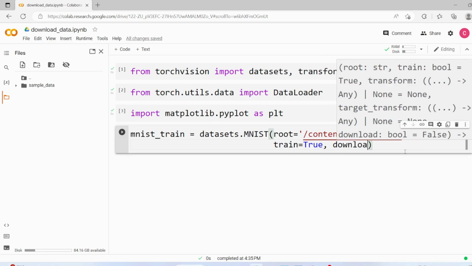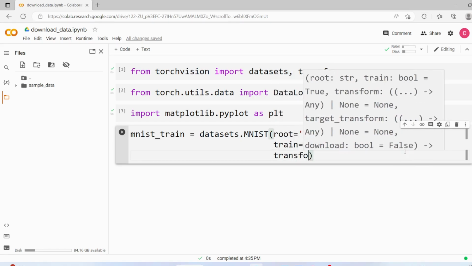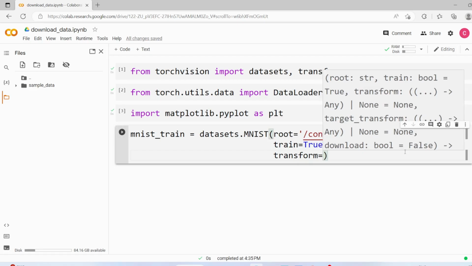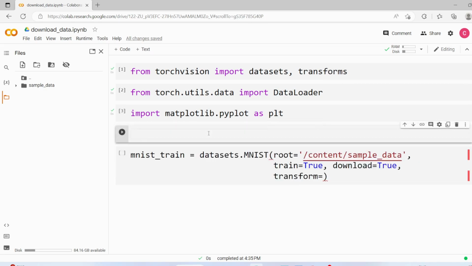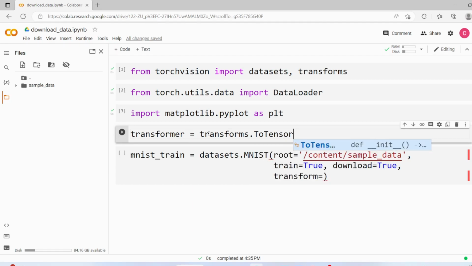Now we are going to mention the transform. Here we need to pass a Torch transformer, and before that we have to define this transformer. So I will create a variable called transformer, and this will be transforms.ToTensor, and we are going to pass this variable to the transform parameter.